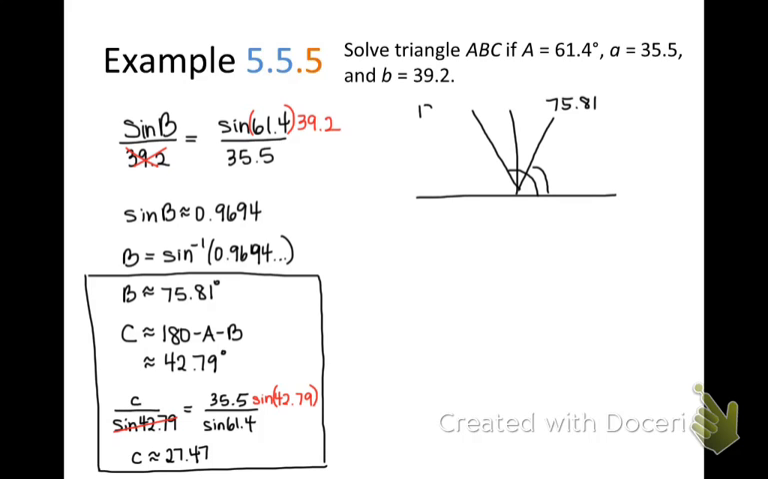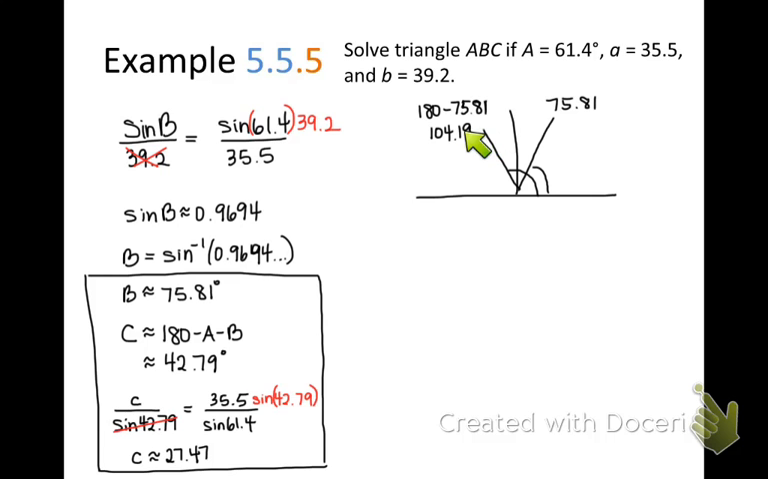Yep, so you guys are going to have to check this. You're going to have to do 180 minus the other angle, so 75.81. What is that? 104.19. All right. Here's the thing that you have to check: this right here is another possible angle in your triangle. The issue is that if you take